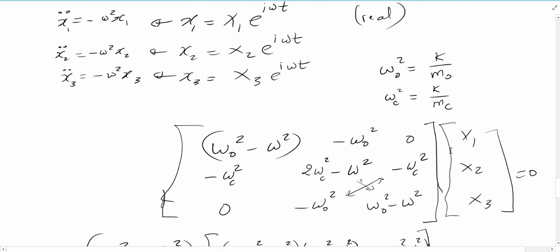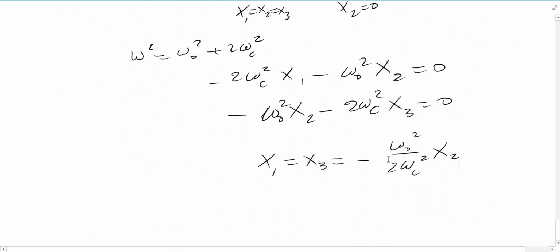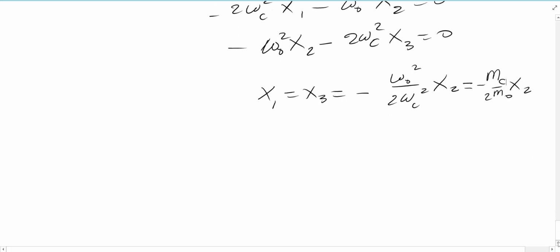And that is going to be MC over MO. Don't forget the factor 2 in here. So this is going to be exactly minus C over MO times 2 times x2. In other words, if I am concerned with the center of mass of the system, first of all, overall, the